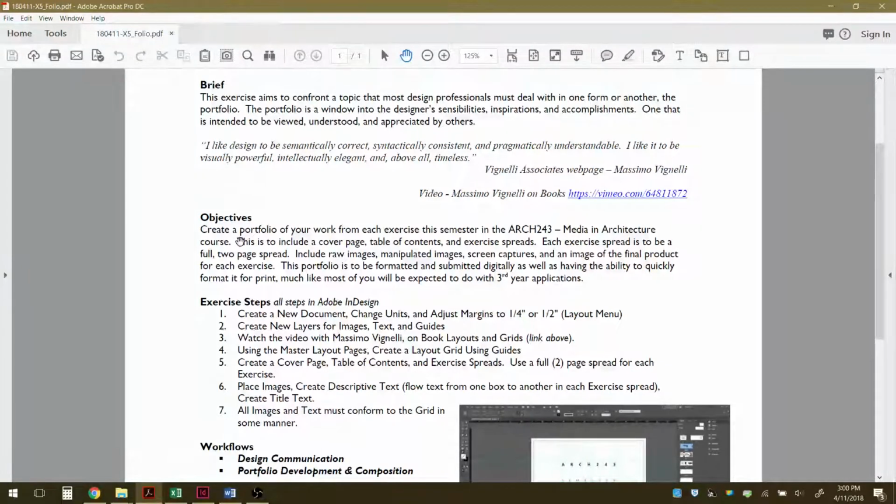So the objective really is to create a portfolio of your work from each exercise this semester, from media and architecture. This is to include a cover page, table of contents, and exercise spreads. So basically layouts for each exercise. Each exercise spread is to be a full two-page spread. So essentially what that means,